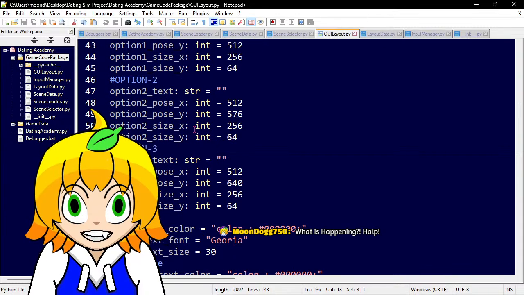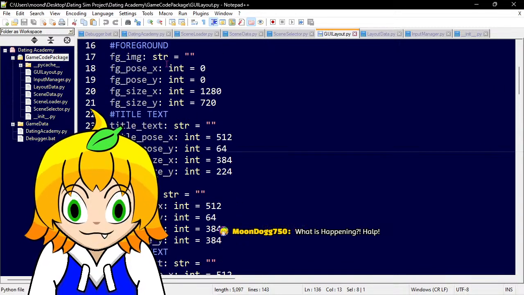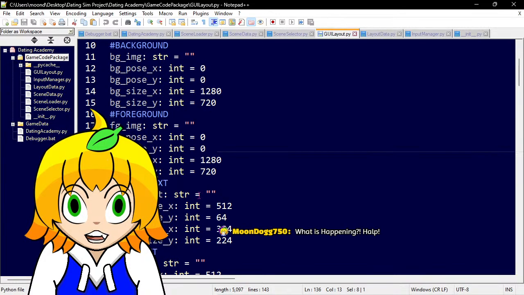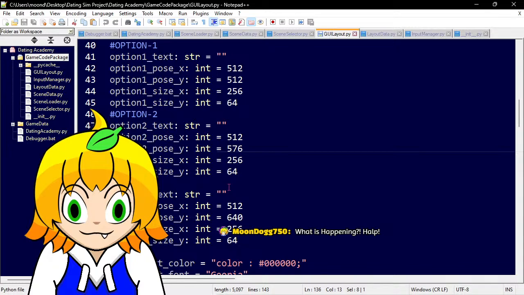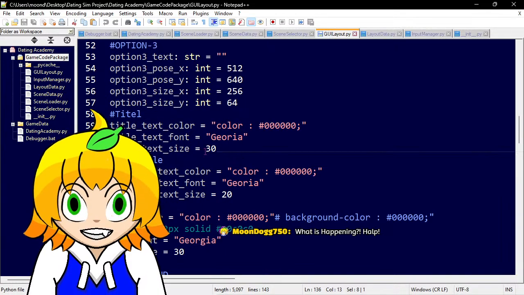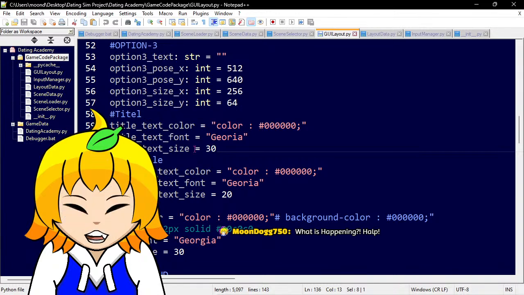So anyway, that's how that works. We got all this data that we pulled. Here's the strings: the option text string, the FGM string, the BGM string, and the title text string. All the data's there. Here's data on text size, text font, text color.